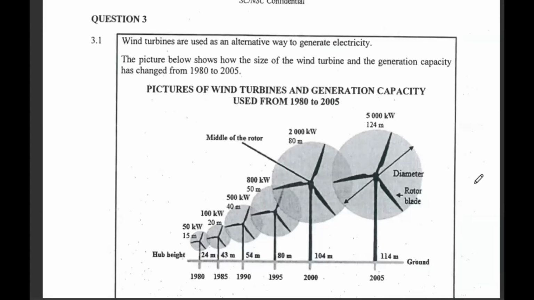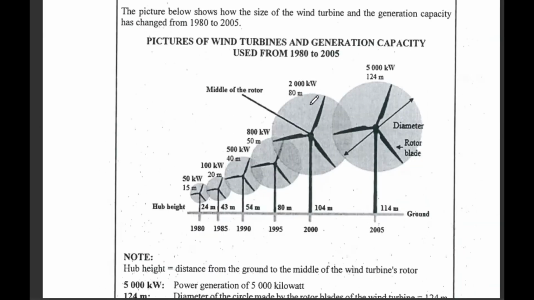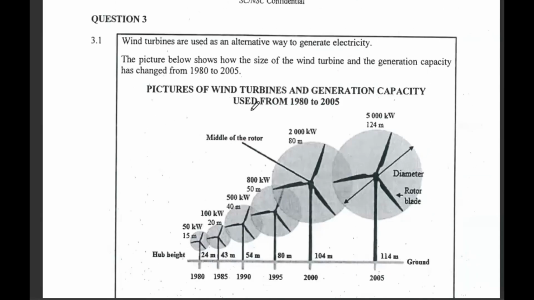We are back with question number 3. Question number 3 says, wind turbines are used as an alternative way to generate electricity. The picture below shows how the size of the wind turbine and the generation capacity has changed from 1980 to